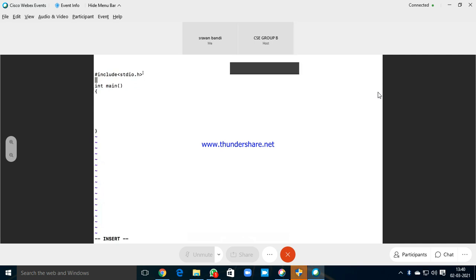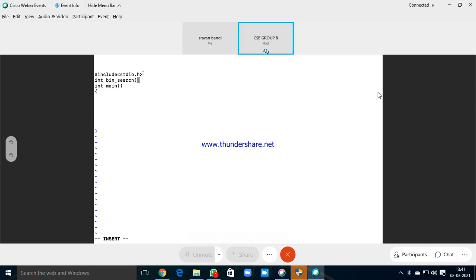So again, linear search, how did we write? If the search is successful, we will return the index. Otherwise, we will return -1. So whatever it is, the return type is int. So int binary search is our function.